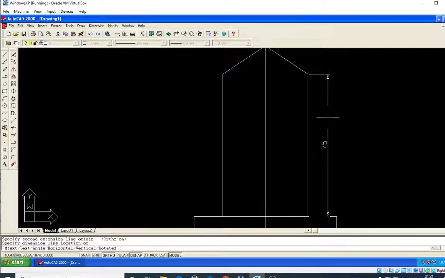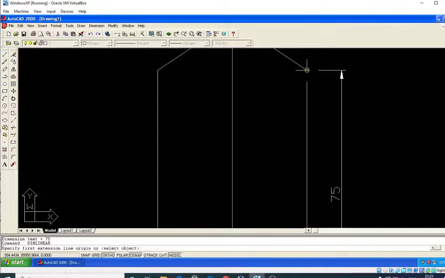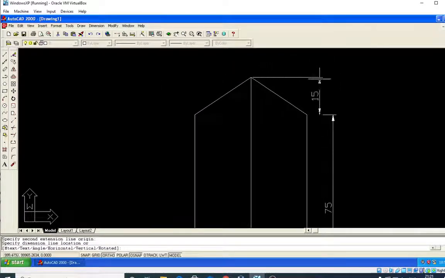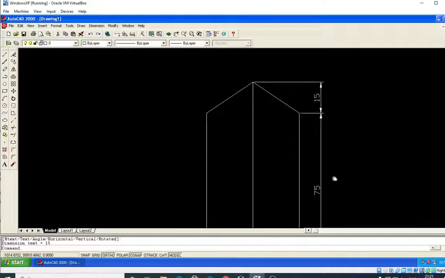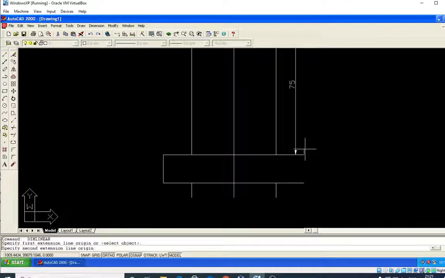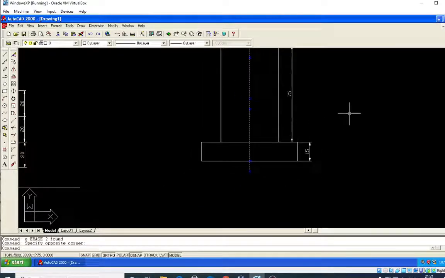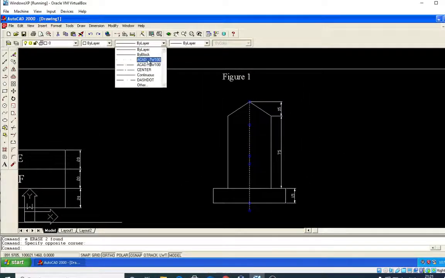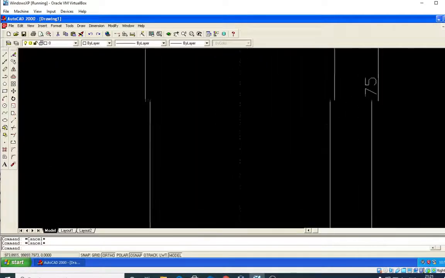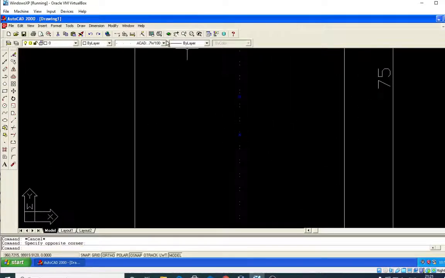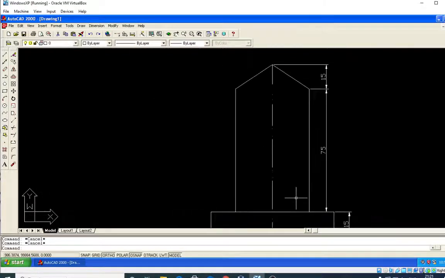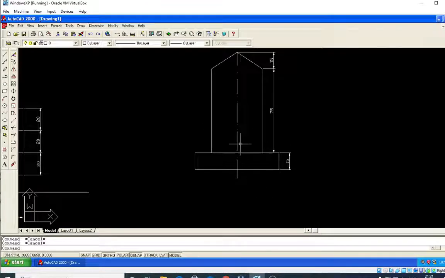Again you take the dimension command, and from this point to this point is 15, ready. And from here to here also you can make a dimension, it is 15. So I can erase this, and this. You can assume this as a center line. You can change the type of line. Okay, it is a center line. Or otherwise, you can change this as a center line. Sorry, it is not necessary. I can take it as a center line like this. Now the front view is ready.